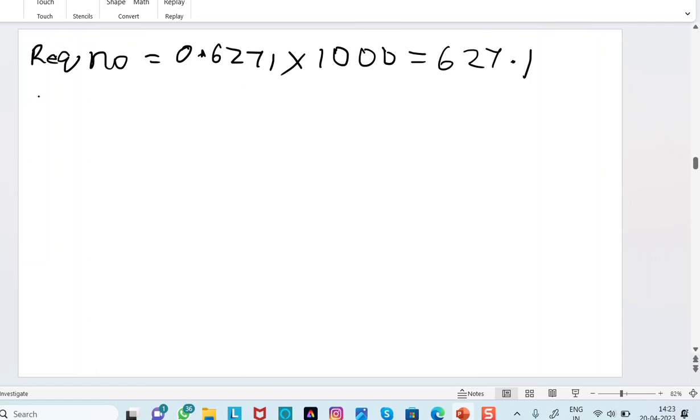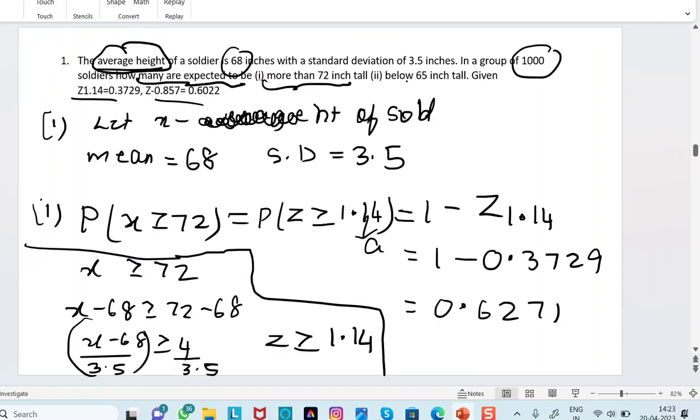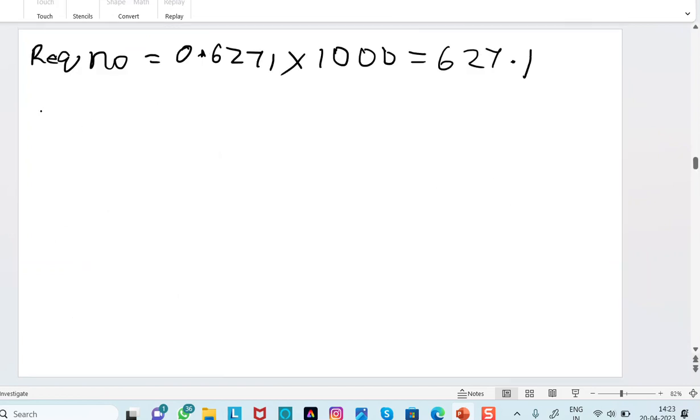In a similar way, we solve the second. In the second problem, we are asked below 65 inches. So we want P of